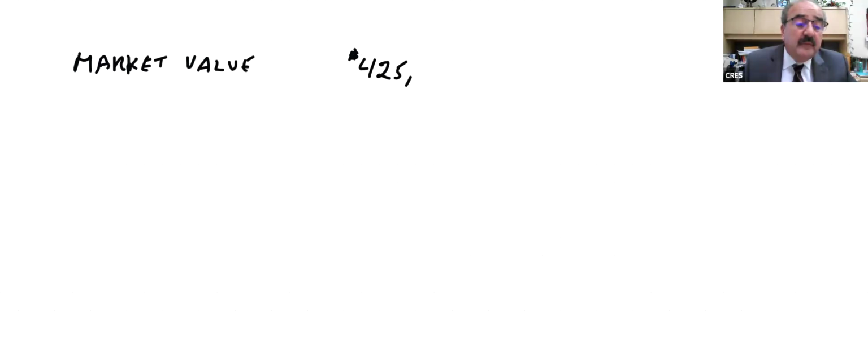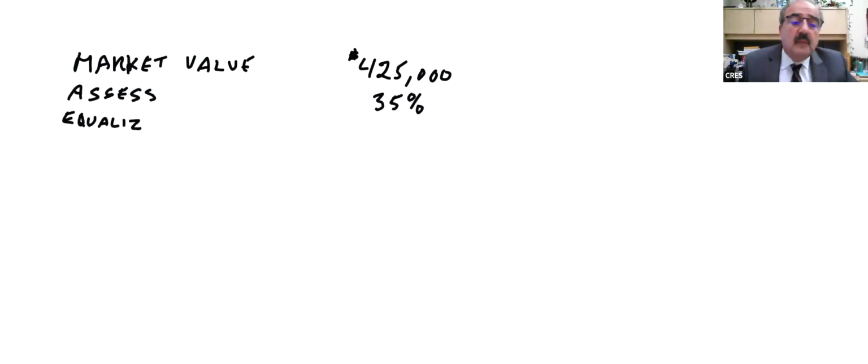It's being assessed at 35%. Have an equalization factor, in this case happens to be 1.3, and the taxes is 38 mils. Now I want to explain mils to you